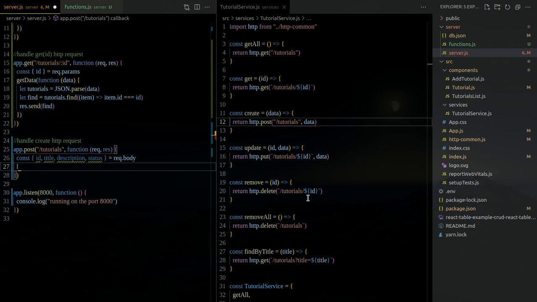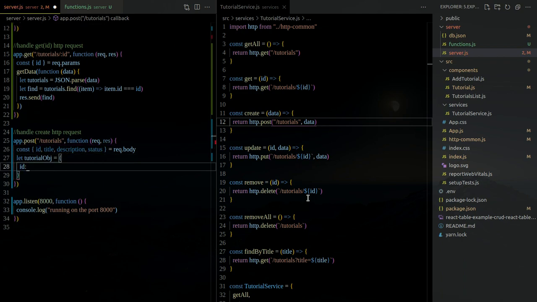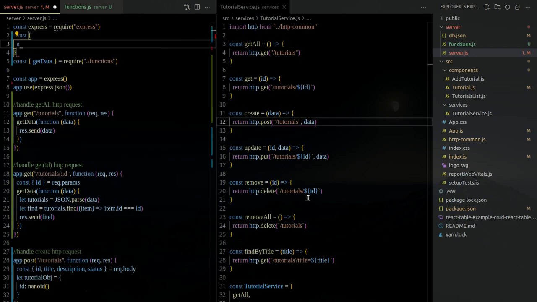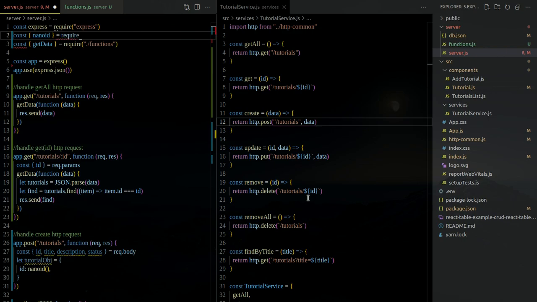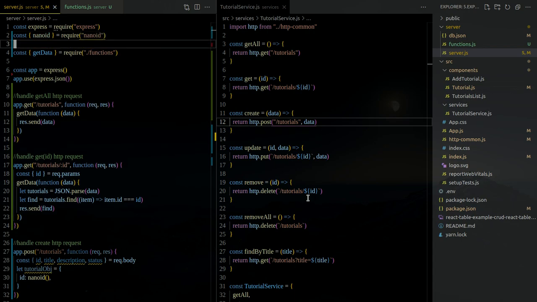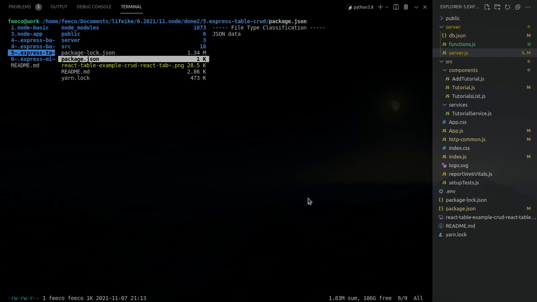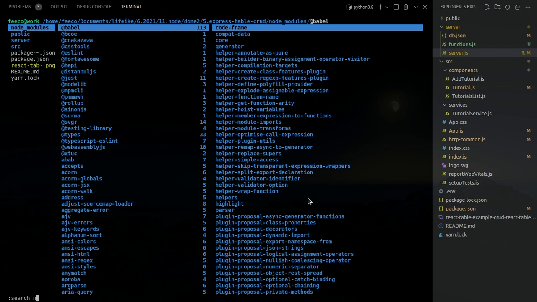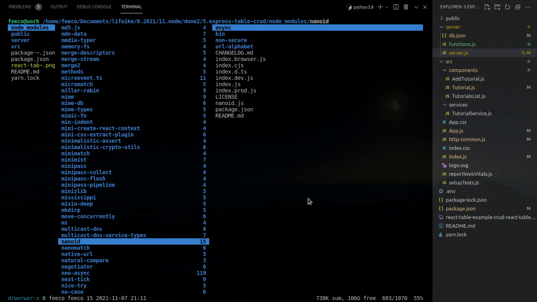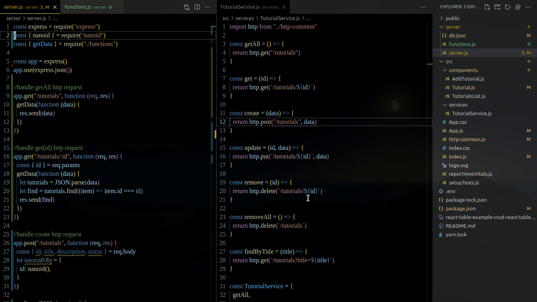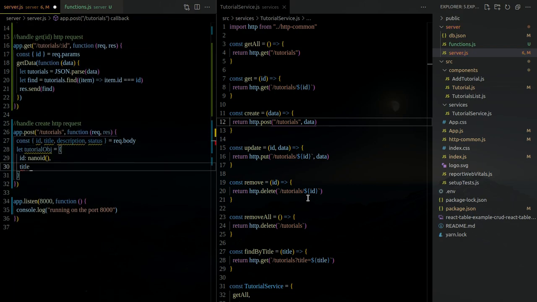create a new object? We just add tutorial object, and we give it an ID, right? In this case, I'm going to use the Nodejs ID again, just to save some time. If you want to use it, we need to do Nodejs ID. So why didn't I import this Nodejs ID? Because you come to modules and you search Nodejs ID. As you can see here, it's already installed, right? It's already installed by Express or any other frameworks. It depends, right? So now we have this Nodejs ID, and we have title, we have description, we have status should be false,